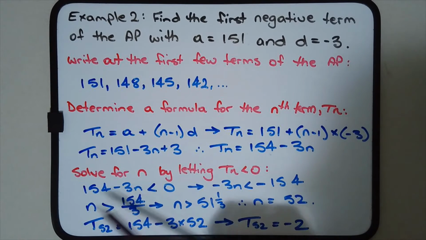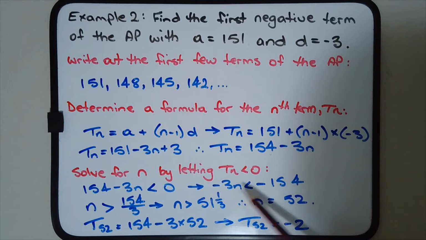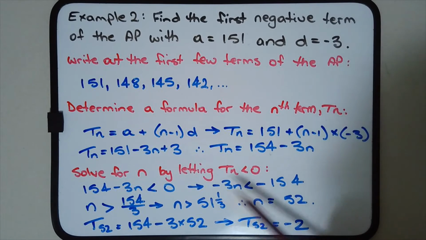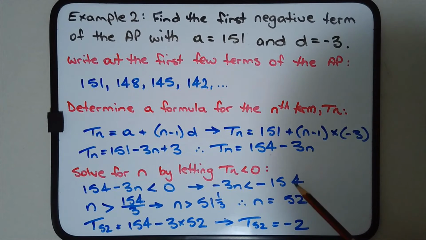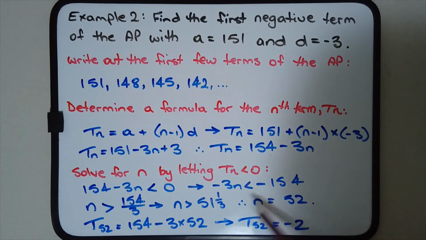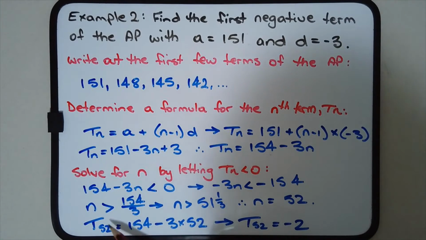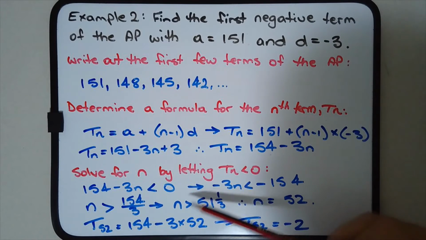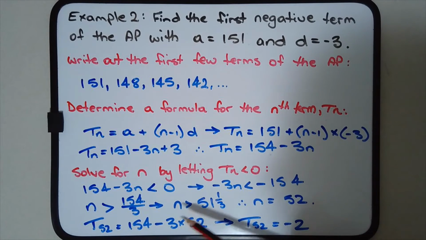Subtracting 154 from both sides, so we'll make negative 3n the subject of the formula, so negative 3n is less than negative 154. Next, we divide both sides by negative 3, and in doing so, we need to flip the inequality sign. So instead of it being less than, it now becomes greater than. So n is greater than 154 over 3, and just expressing that as a mixed numeral, n is greater than